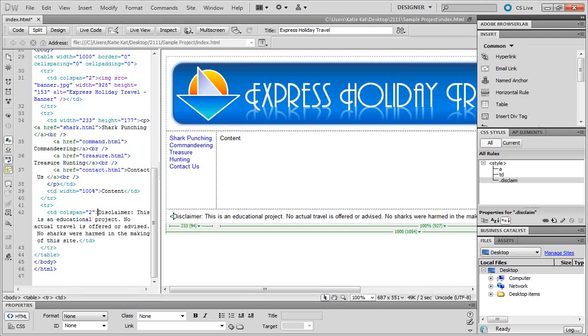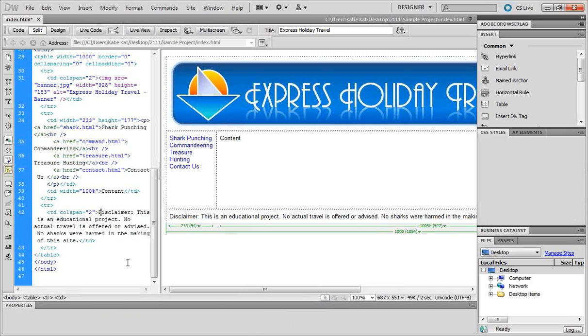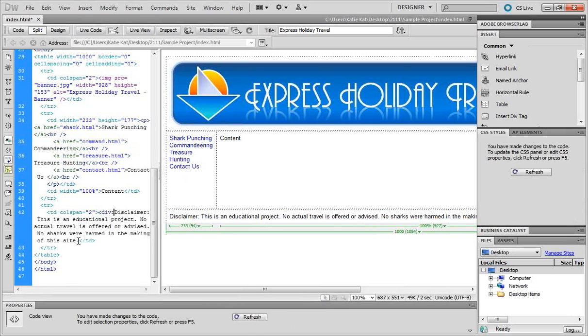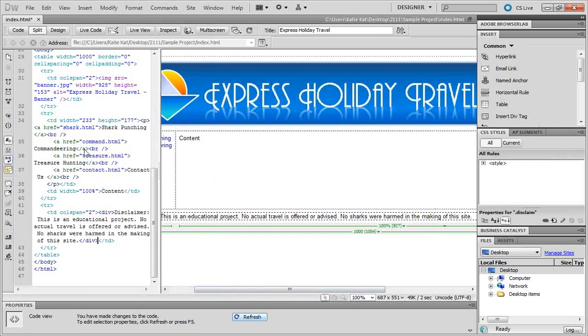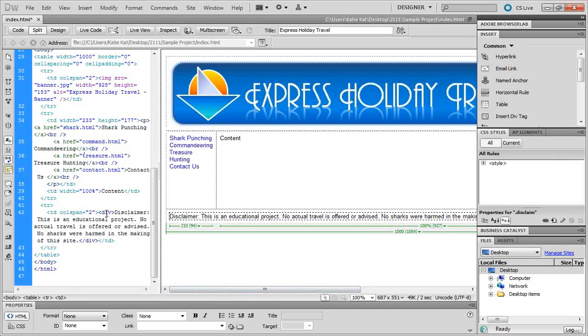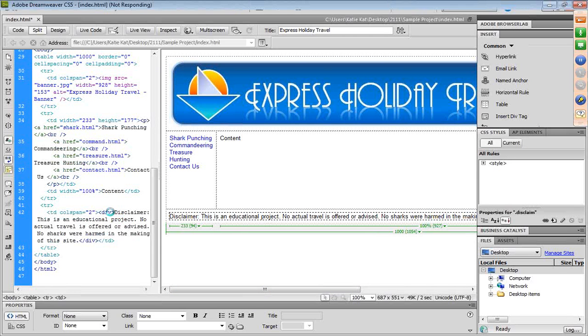So this is where we're going to have to go into the code a little bit. So I'm going to create a div tag in the code right here, and then I'm going to have to close that div tag. So you can think of HTML tags as switches where you turn them on and then you turn them off, and anything that you turn on you have to turn off. So you'll notice that that didn't really change much of anything in here, but in this div tag, what I can do is if I click on that div in the code,